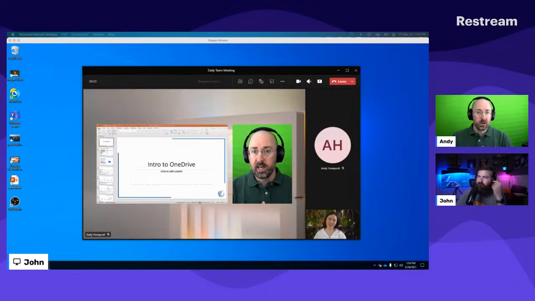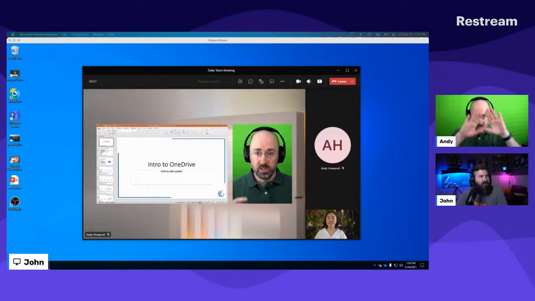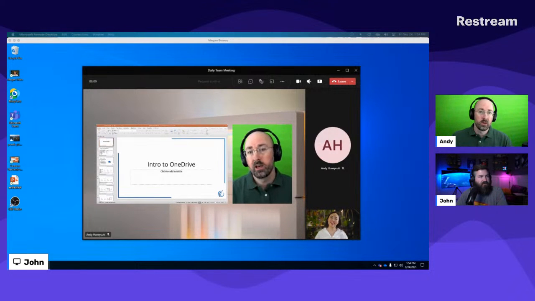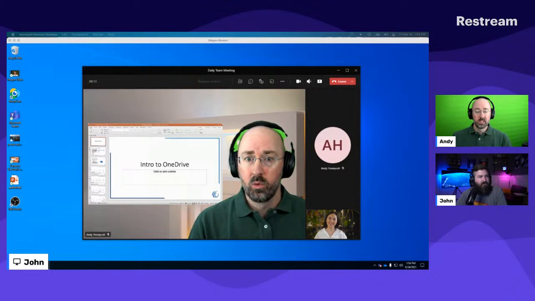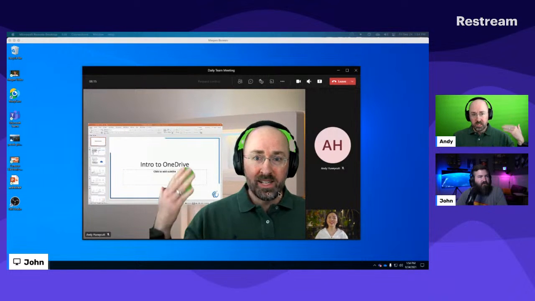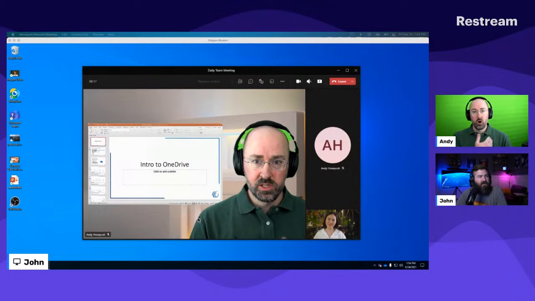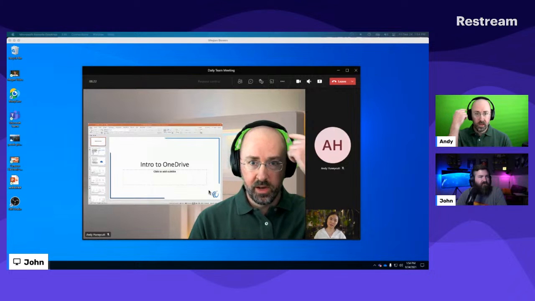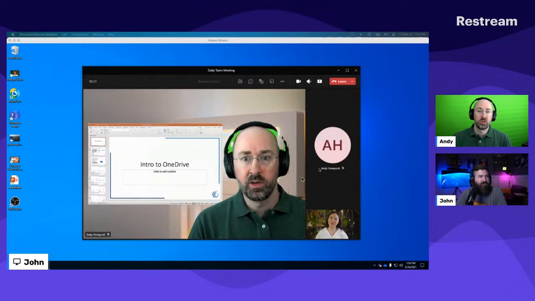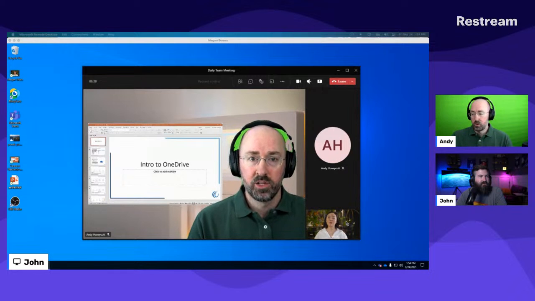You can see here in the side-by-side view, it's not removing my background. So it's framing me inside of there and it's keeping that green screen behind me. And then with this one, there's less pixelation at the edges because there's a hard edge, and your shoulders are a lot better. But you can see with headphones, the green screen kind of shows through a little bit. So just some things to consider as you're working.